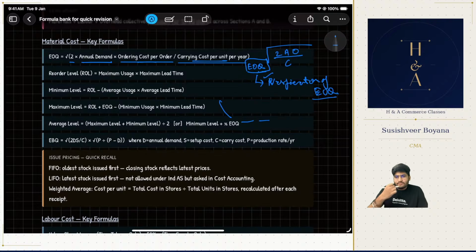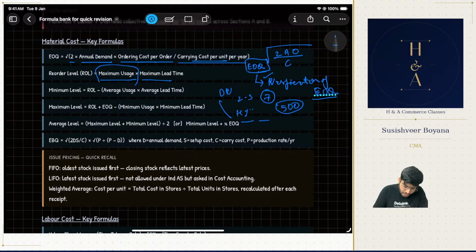raw materials from a very long distance, what usually happens is, from Delhi to Hyderabad, you need to get something. So maybe it ideally should take 2 to 3 days. What if we know that the maximum lead time is going to be around 7 days, and the maximum usage during that period is going to be around 500 units? When the maximum usage and the maximum lead time are multiplied, that means we get 7 into 500, 3500 to